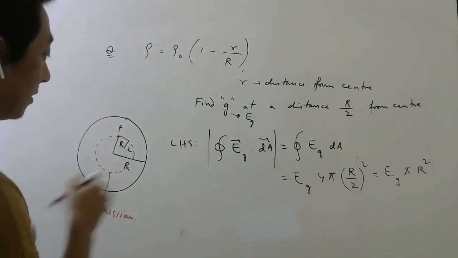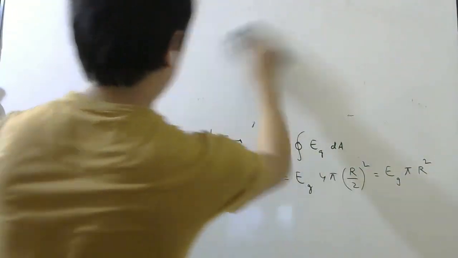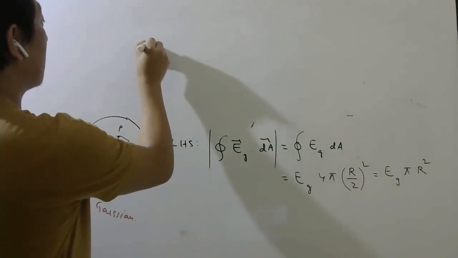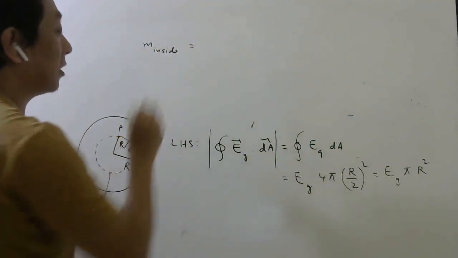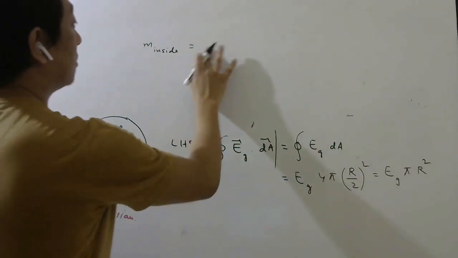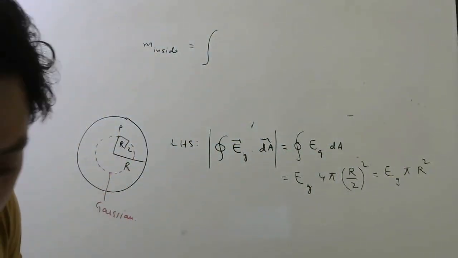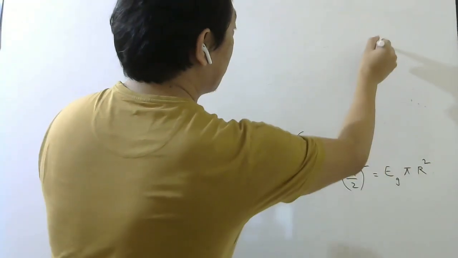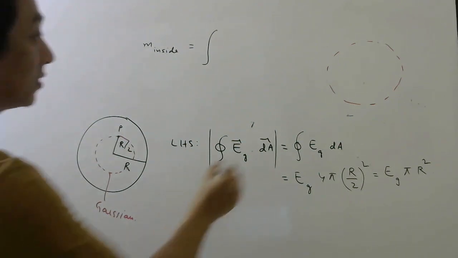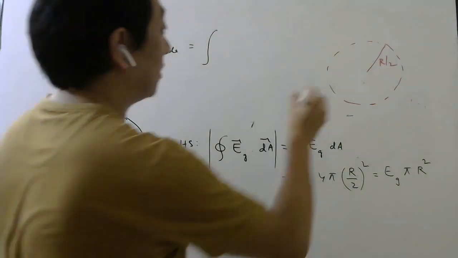Now this is the left hand side. For the right hand side, we have to calculate the total mass inside the Gaussian surface. So the mass inside we have to calculate. Directly you cannot write density into volume because density is not constant. So first you have to divide this sphere. Let us draw this one separately here, a little bigger now. This is the red color which I have used for my Gaussian surface, and this radius is r by 2. Correct? So let me take a small shell here.